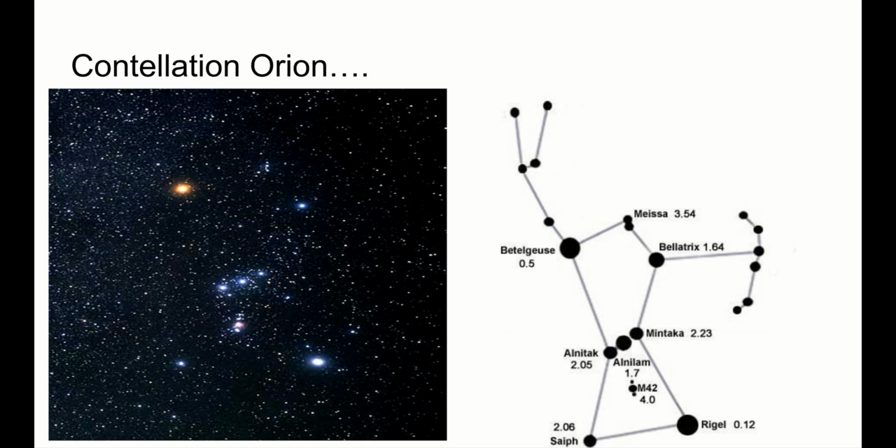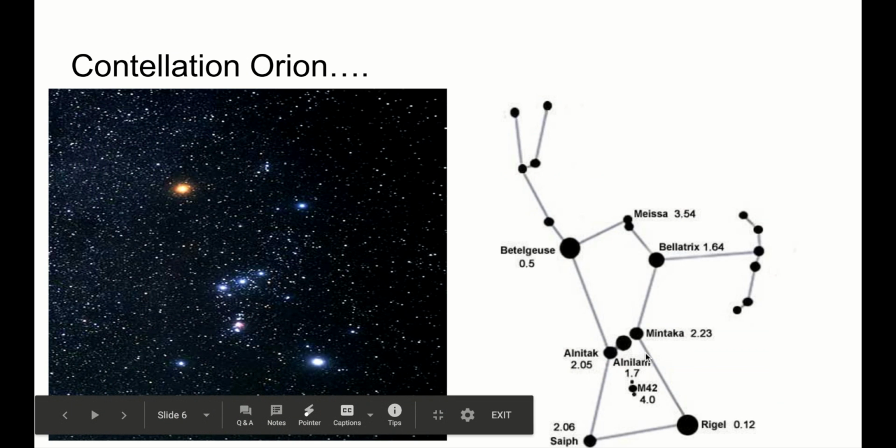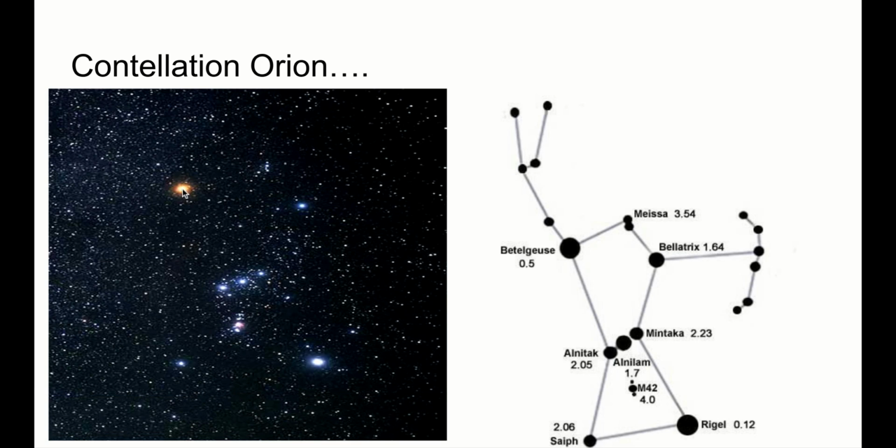We take a look at the constellation Orion, as we have done many times. Betelgeuse right here is a red giant. So actually a red super